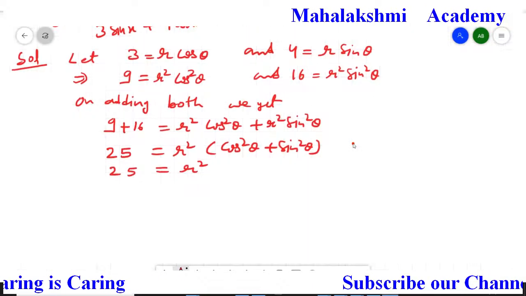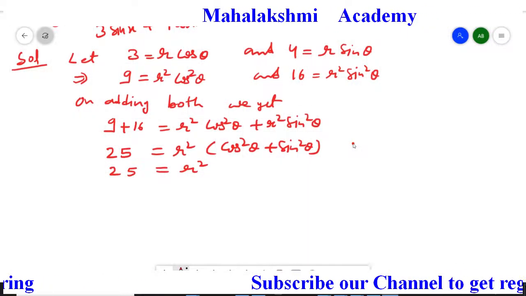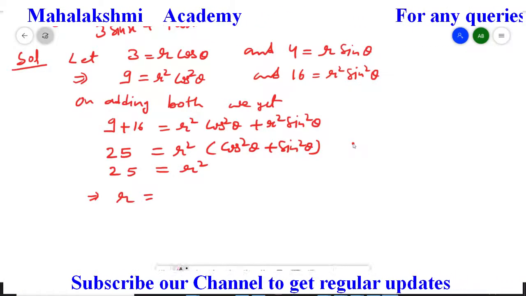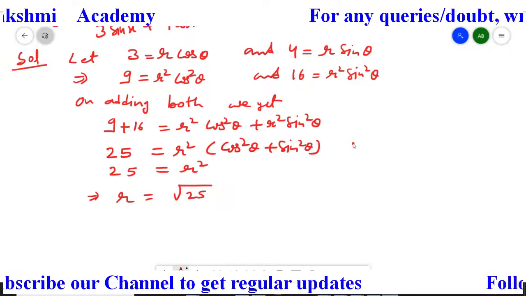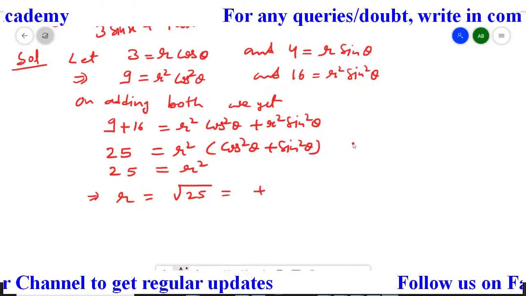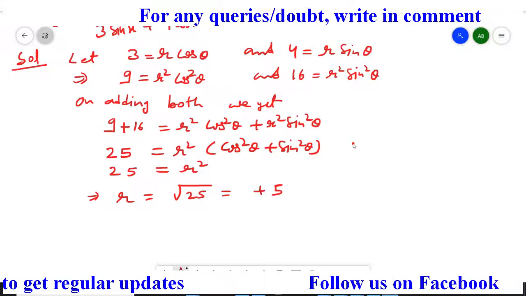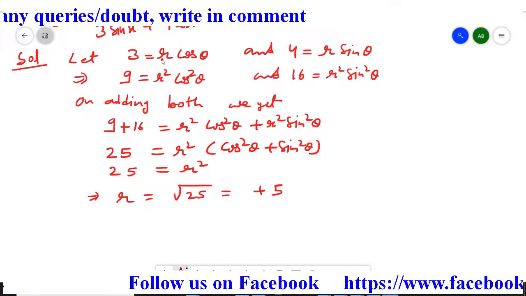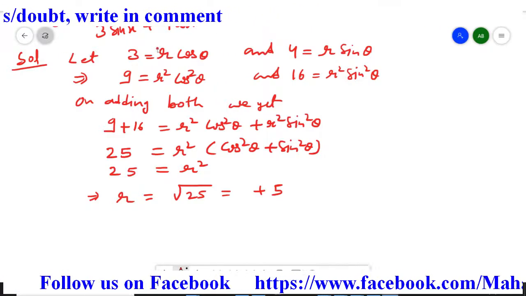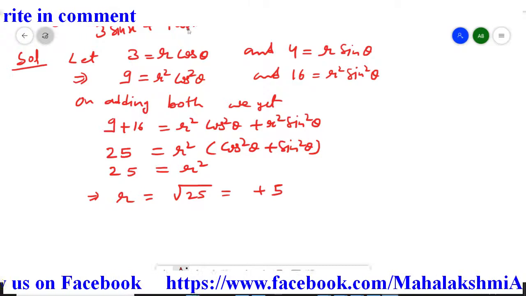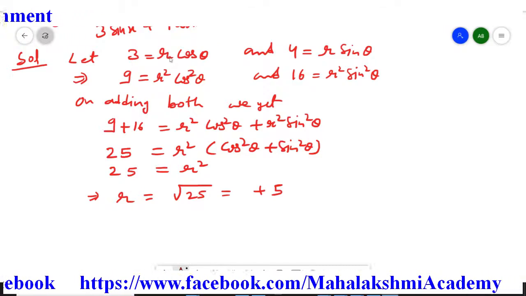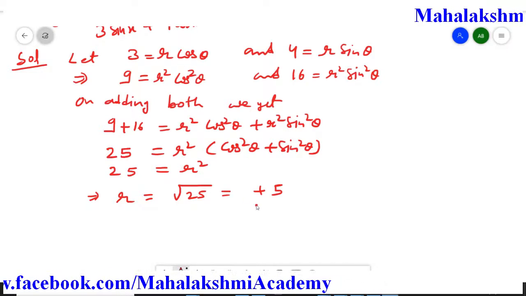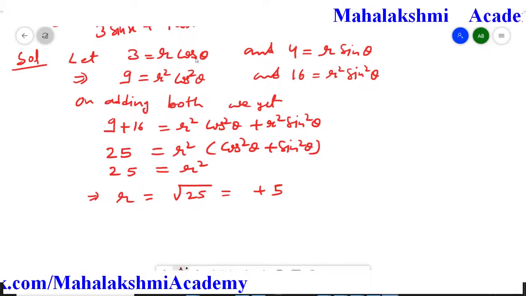Now if we want only r, then r is going to be the square root of 25. The square root of 25 is plus minus, but take only the plus sign, so 5. Now students, here the unknown things are r and theta. Just see, x is already in the question, so what extra thing do you assume here? R and the angle theta are unknown to us. R we already calculated, that is 5. Now we need to find out theta.